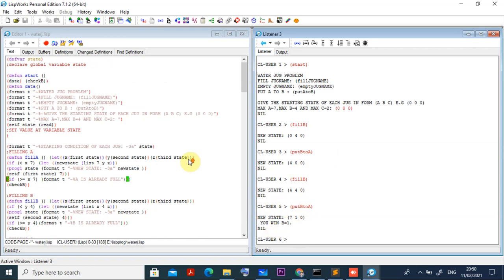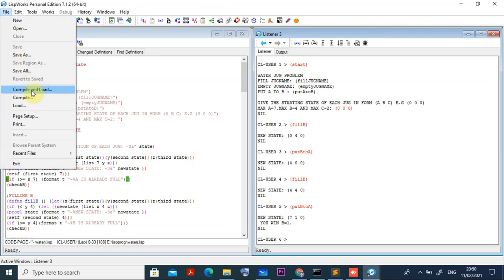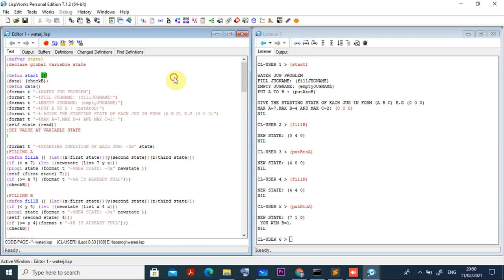So one more time I will tell you that. This is a program you have written using Lisp, and this is the way we have run it here. But sometimes you face some problem. What we need to do, instead of directly running it here, you close it here, and here you can see listener. And in the initial cases, you go for the file and compile and load. While you are compiling and loading, you have to select this file. Our file name I have given waterj.lisp. If you want, I will be sharing this code with you also. Once you compile and load, then you close this one, and here you double click here. That's the listener. This listener will come only then, otherwise it will show some error.